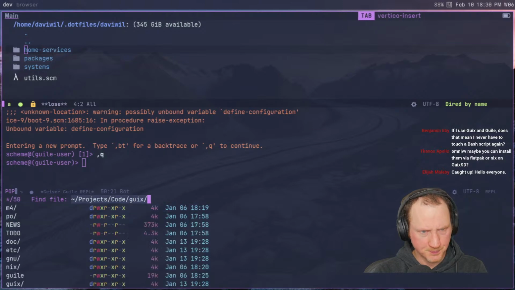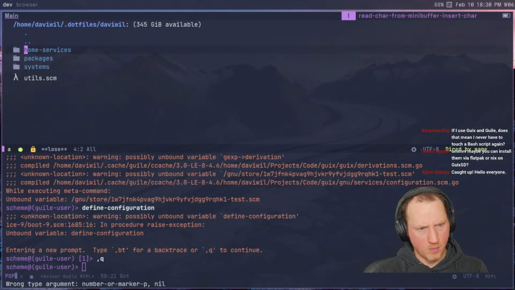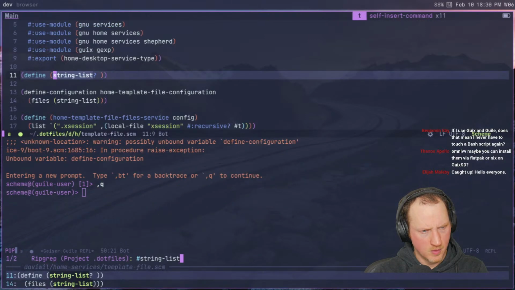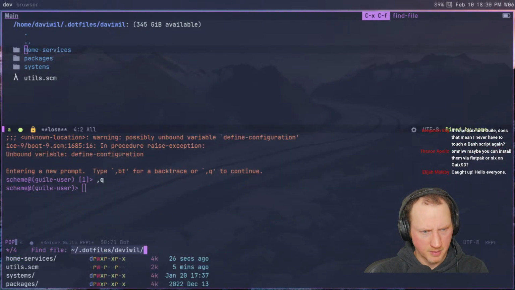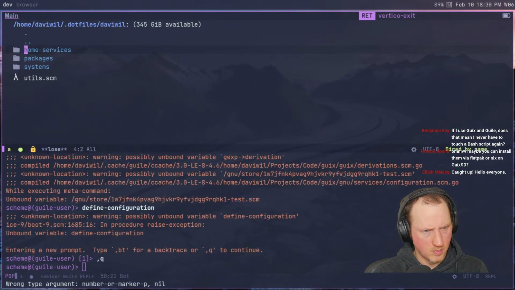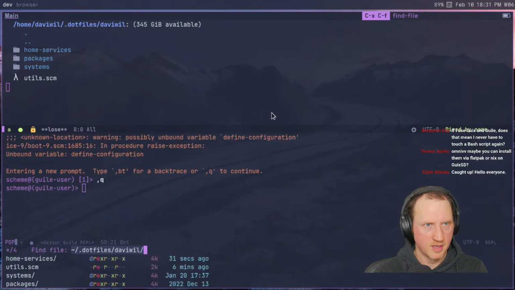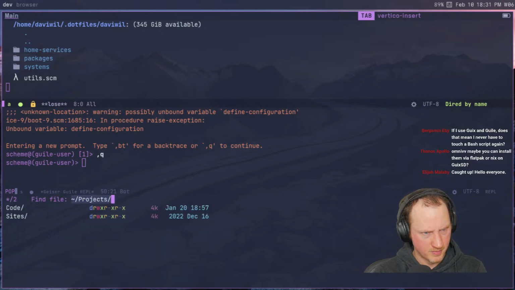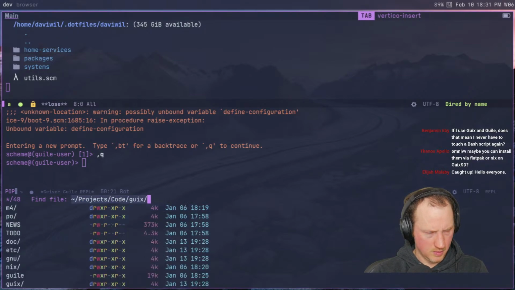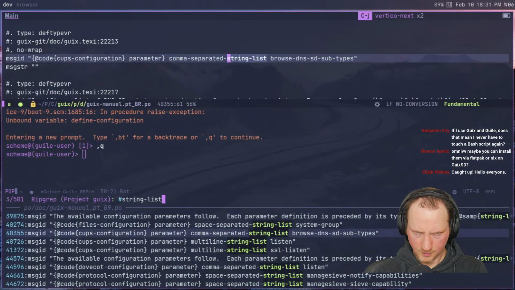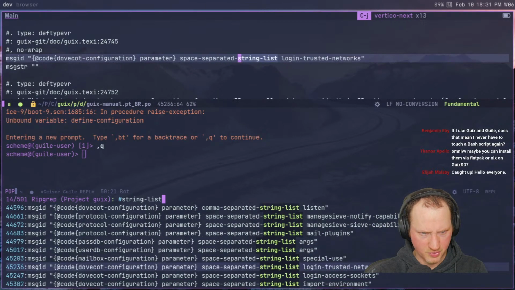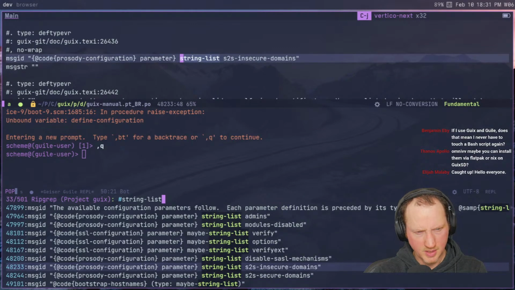Code Guix. What I want to look for. All right, so there's a, no, that's in mine. Okay. I thought I had pulled that up. That stupid problem. Okay, I didn't sync that change over from my other computer. So, string list. Okay, there's such a thing as string list for some of these, but